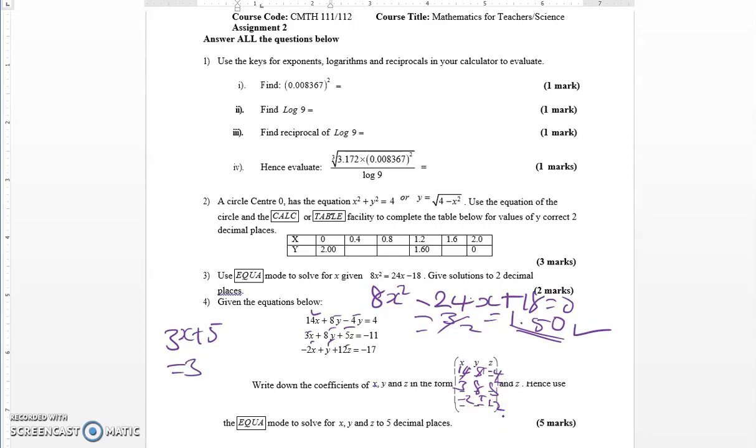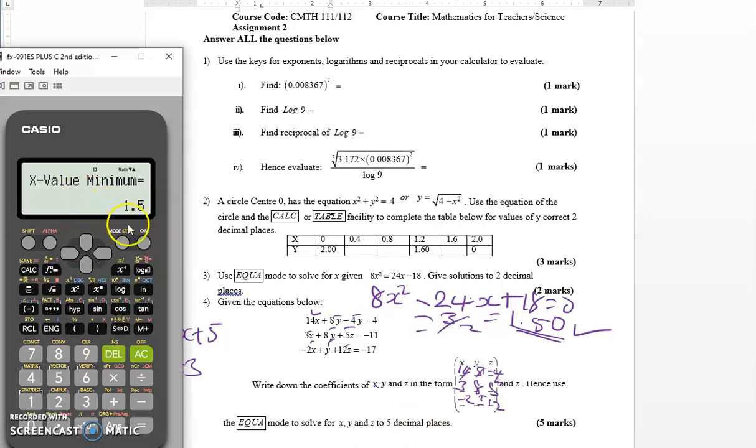So now we are good to go. We are to use the equation mode to solve for x, y, and z, leaving the answer to 5 decimal places. So take your calculator and go to mode, go to equation mode, number 5. If you look at this, this is 3 equations and it has got a, b, c, d. So let's take number 2. It has a_n x plus b_n y plus c_n z, and this equals d_n. It has got options of a, b, c, and d, and we have 3 equations. So take number 2,